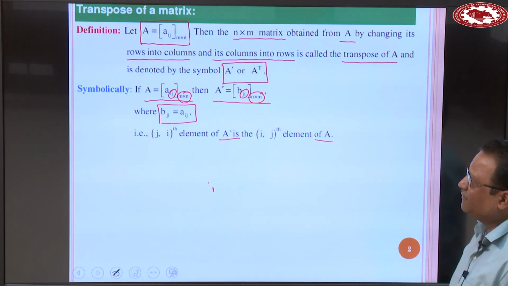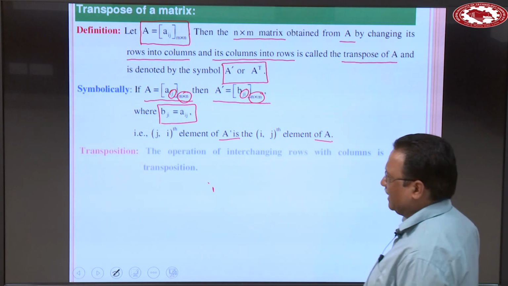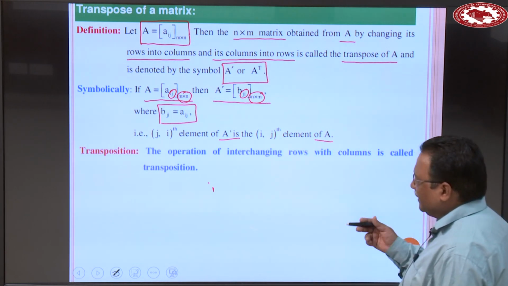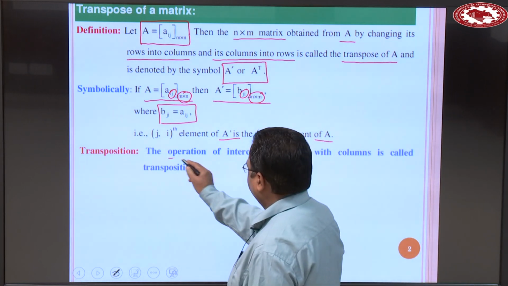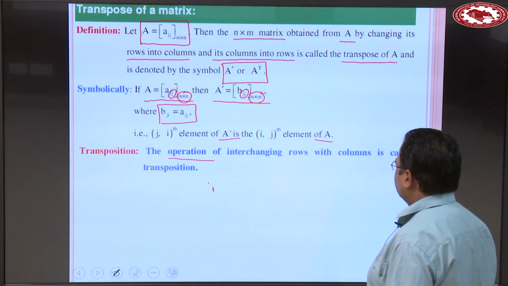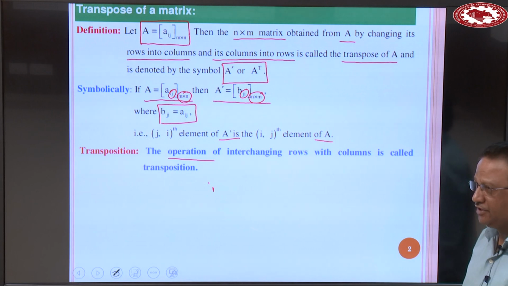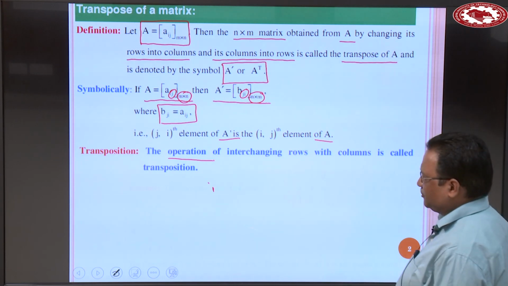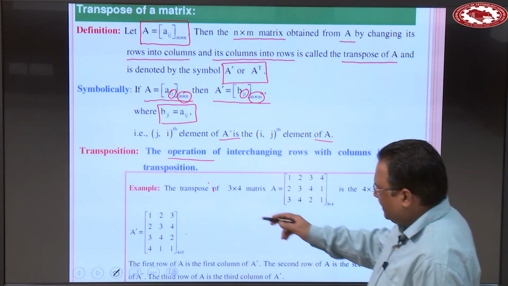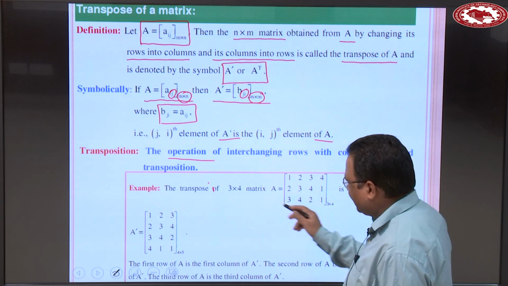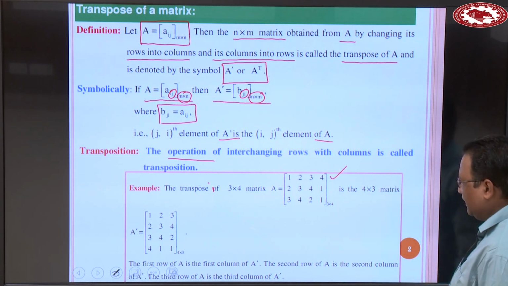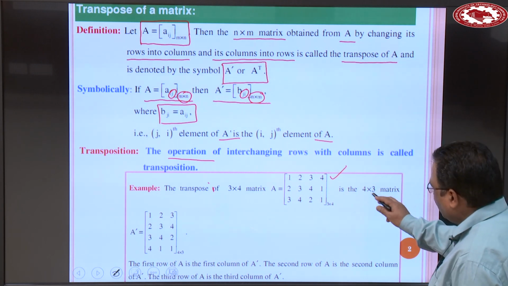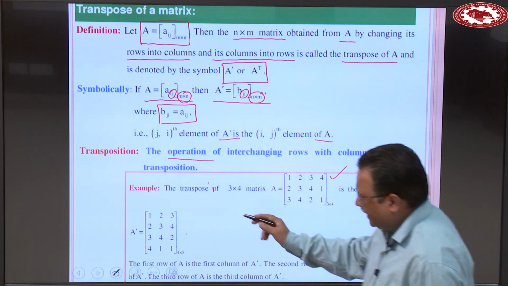So this is the definition of the transpose of a matrix, and the operation of interchanging rows with columns is called transposition. For example, the transpose of a 3 by 4 matrix A is the 4 by 3 matrix A dash,